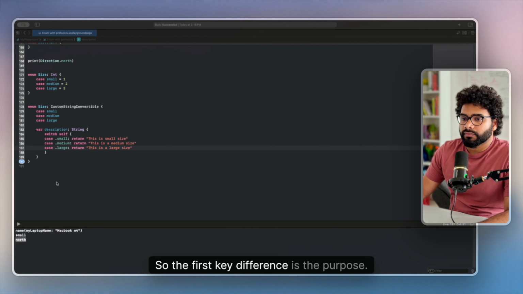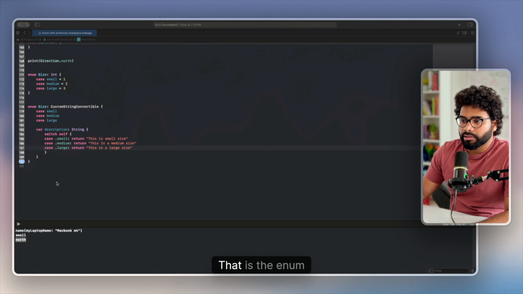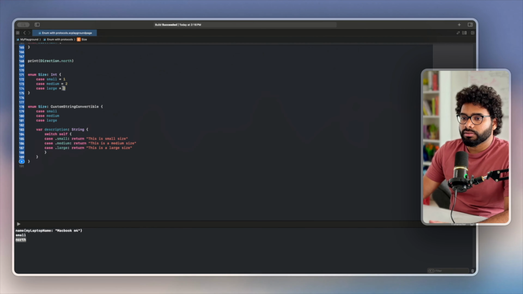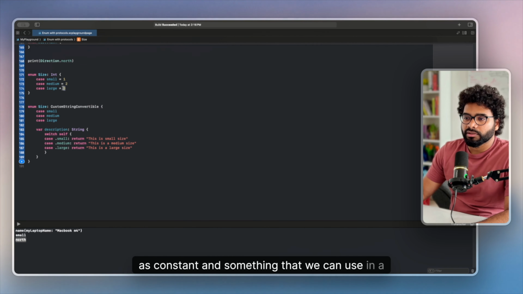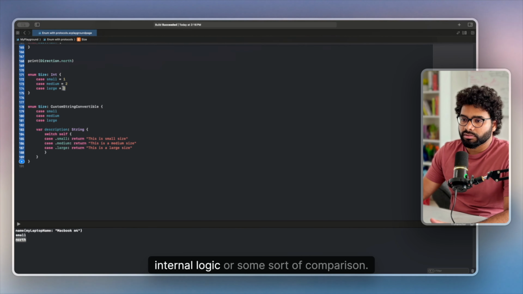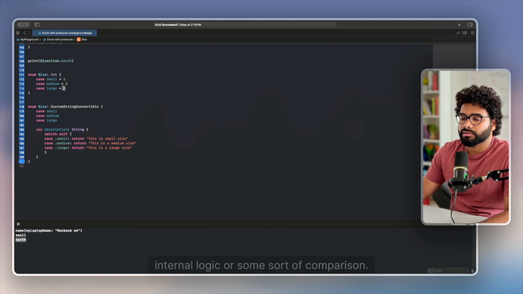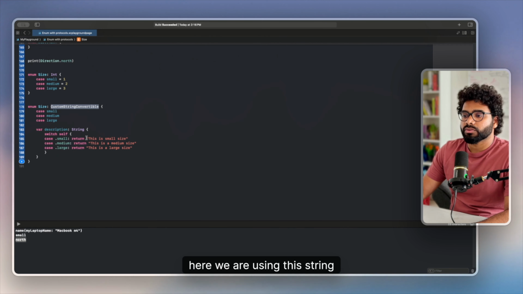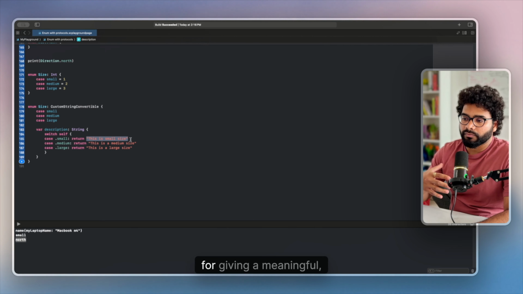So the first key difference is the purpose: the enum values, which are these raw values, are used as constants and something that we can use in internal logic or some sort of comparison. And when it comes to CustomStringConvertible, here we are using this string for giving a meaningful